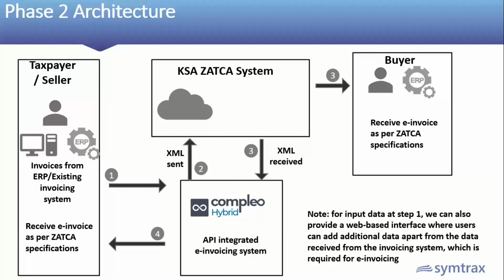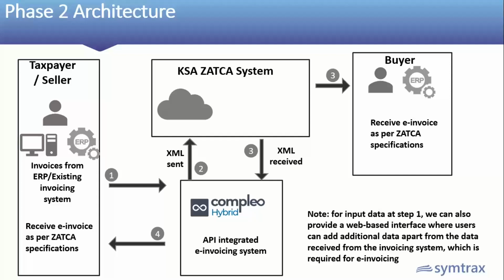That XML will be uploaded to Jhatka system at step number 2. We will receive output back in XML. That XML we will convert into printable format, which is a PDF, and we will convert into Arabic as well. And that output we can distribute as required, where we can push back in your ERP, we can store in respective folder, we can send via email, we can archive it in Complio like that. So point number 1 to point number 4, entire process will be automated using Complio as per Jhatka specifications.